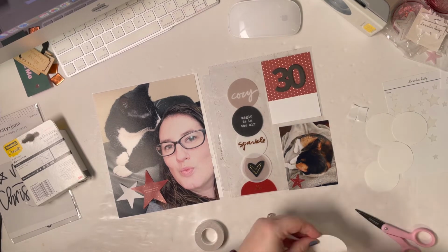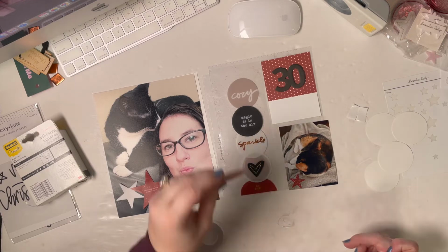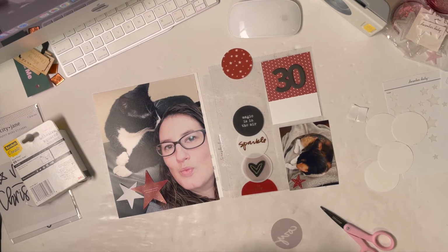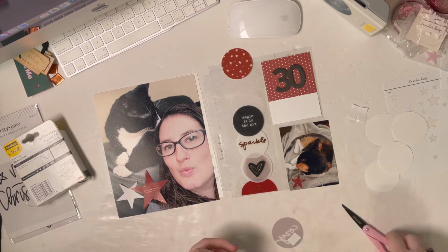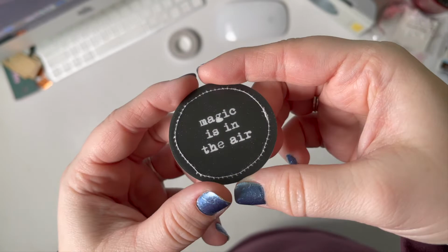So I used my Gina K double-sided sticky tape to attach them down because it's plastic, and I don't always trust my rolling adhesive. It doesn't really roll on there very well. So I took some time to get all 5 circles done. I kind of cut through most of that. Usually just one piece on the top and bottom I felt was plenty. And then I did do the stitching around that black